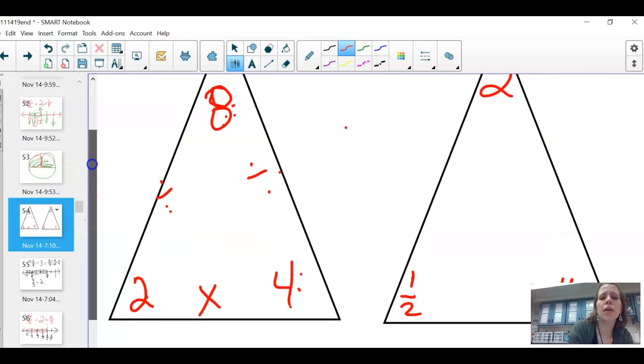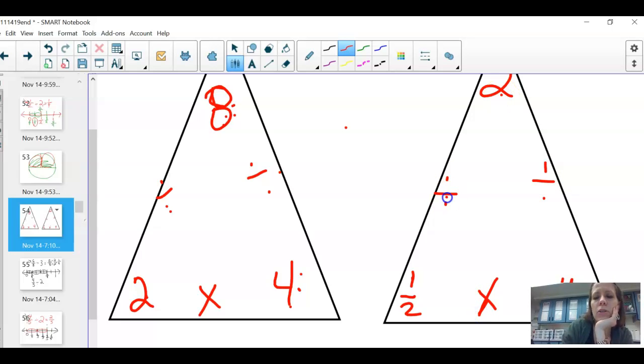Y si este es el verdadero, yo recuerdas que es dividir y multiplicar. 2 entre 1/2 es igual a 4. Y entonces 4 por 1/2